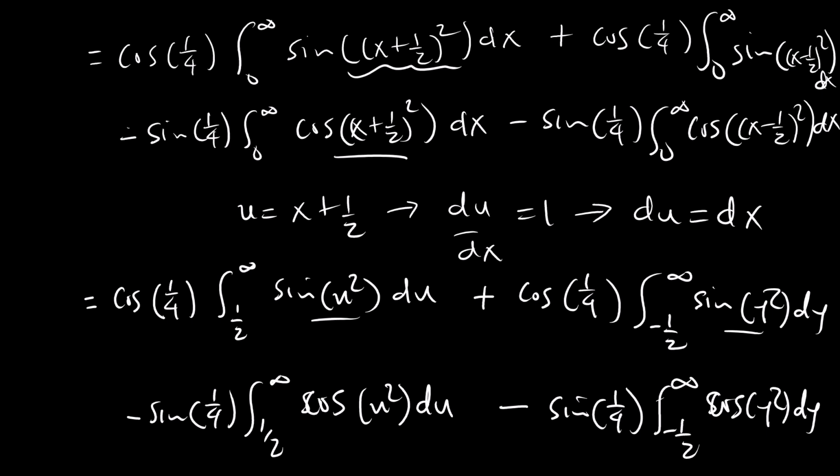So we can bunch that together to say, if we're beginning from 0, then we're having twice. So now we have twice cosine of a quarter times the integral from 0 to infinity of